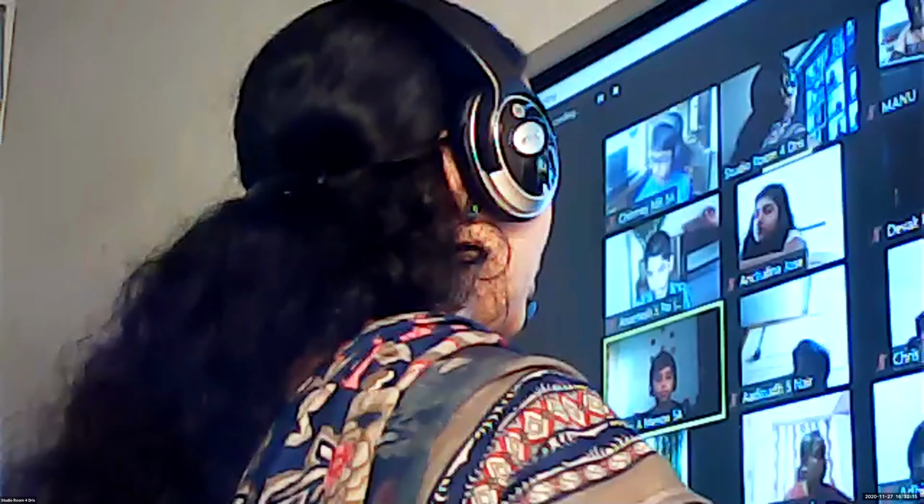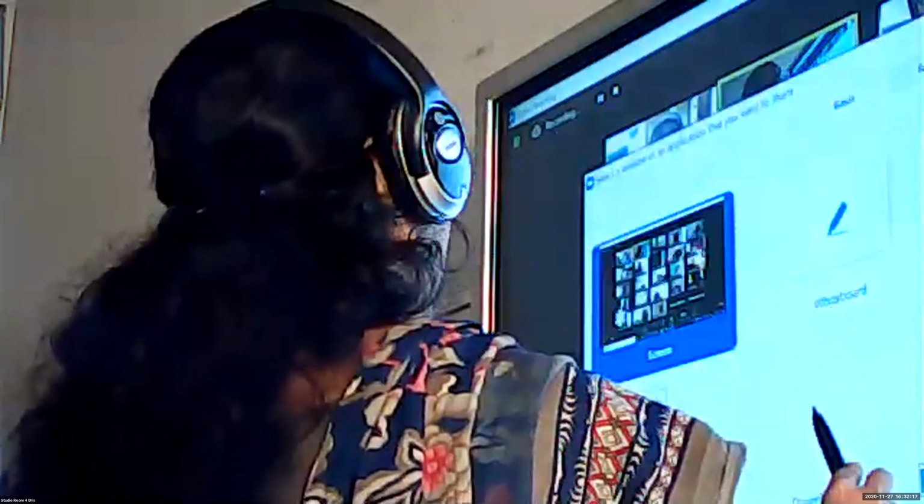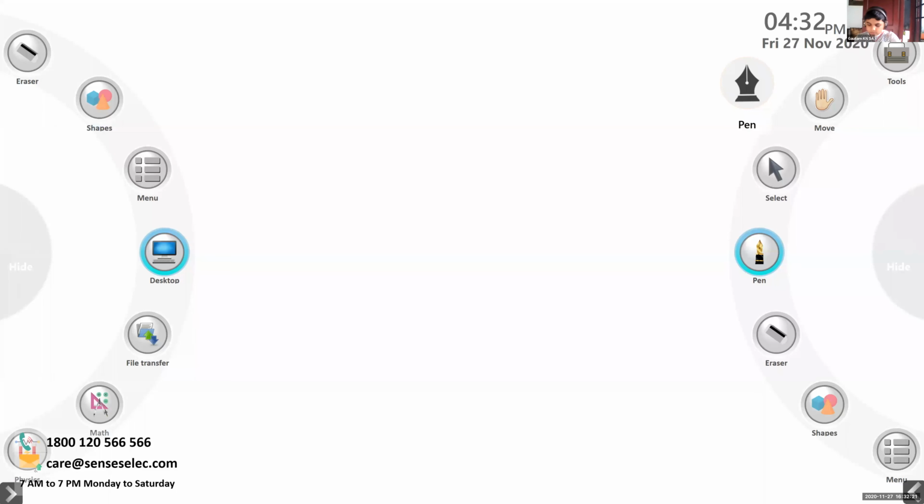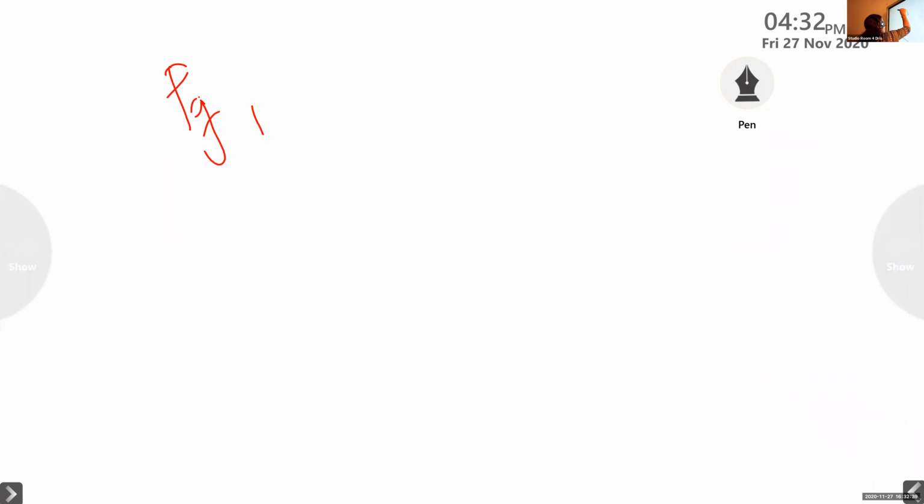So children, we have to write the steps. Start with the fraction or part of the cake Rishi got. It is given, Rishi got 4 by 17 of a cake. This is page number 30 where we can write. We write the question on page number 29 and the answer on page number 30. Question number 17.